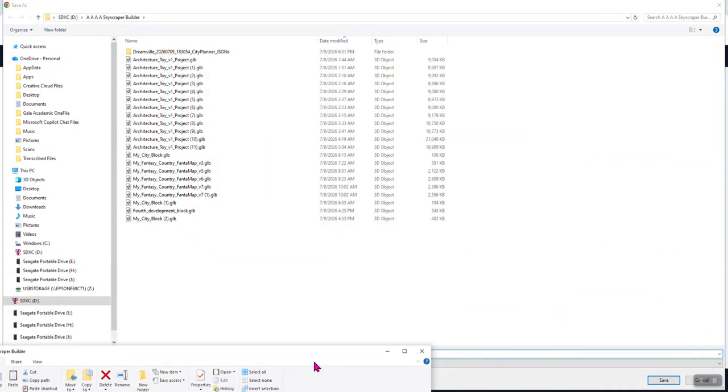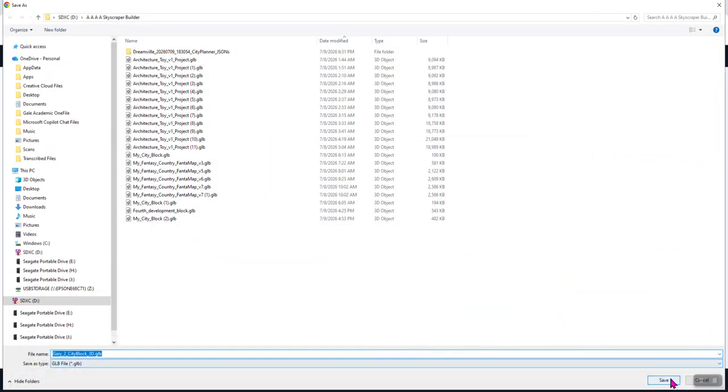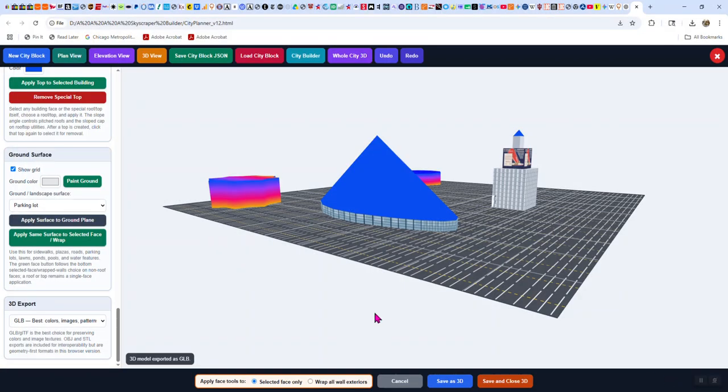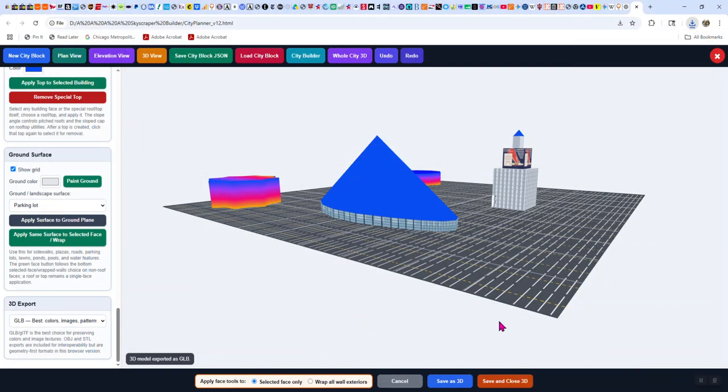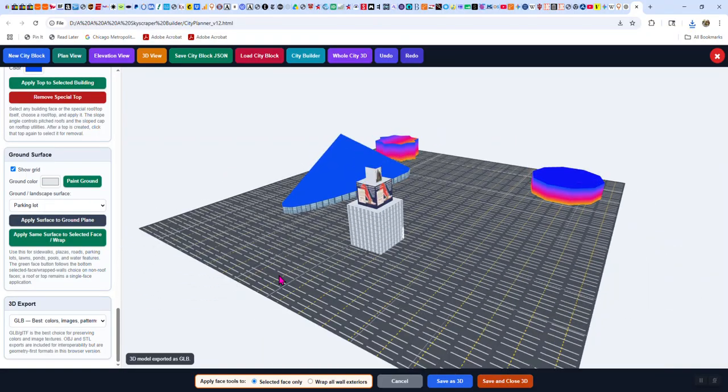Oh no, here we go. So there. It just took it a while to digest all that information. Saved it. So anyway, you could import that, and it might be saving multiple files. I think I hit the button twice. Anyway, if you do this and hit save as 3D or save and close the 3D view, you can use that in all those other programs, and it'll retain all this crazy stuff we've done to it.